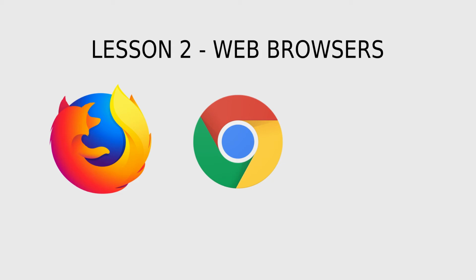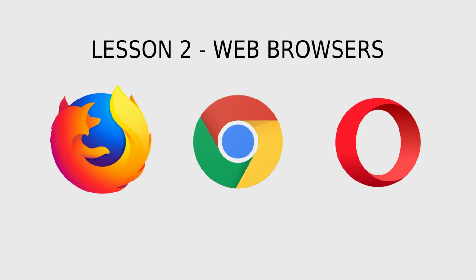Another browser you should consider installing is Opera. Opera is similar to Google Chrome and Mozilla Firefox. It has tons of features both for regular users as well as developers. It is also available for all major platforms and is available for free. These are the browsers you should download and install for testing your web pages.